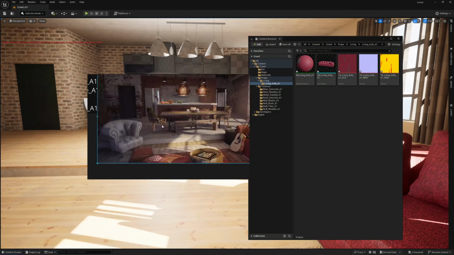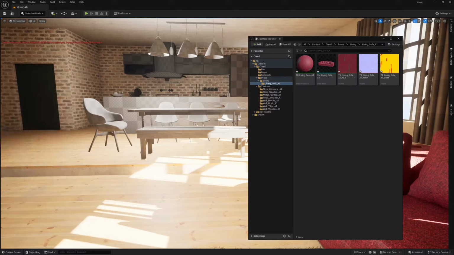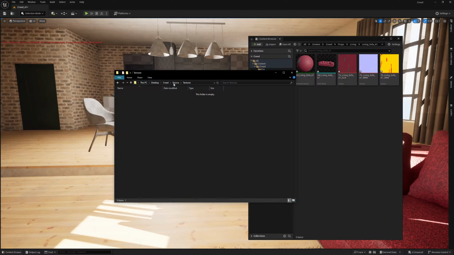Most are good. This matching concrete is concrete, but let's do this brown wood, which is most different than others. So come back to my textures and wall